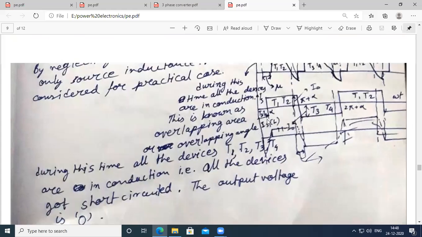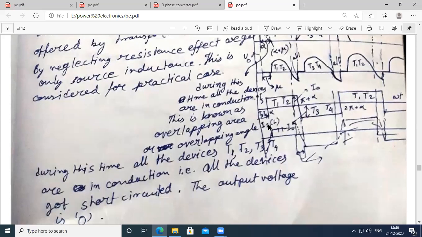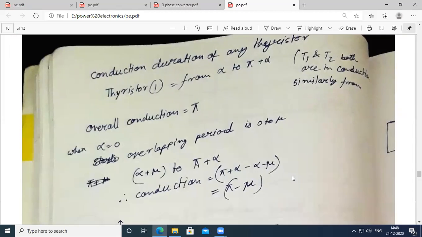Okay, so if I consider it to be an ideal source, then the source current should be a square wave. And if I consider it to be the non-ideal one, then we will get a trapezoidal waveform like this. Okay. So the conduction duration of a thyristor,